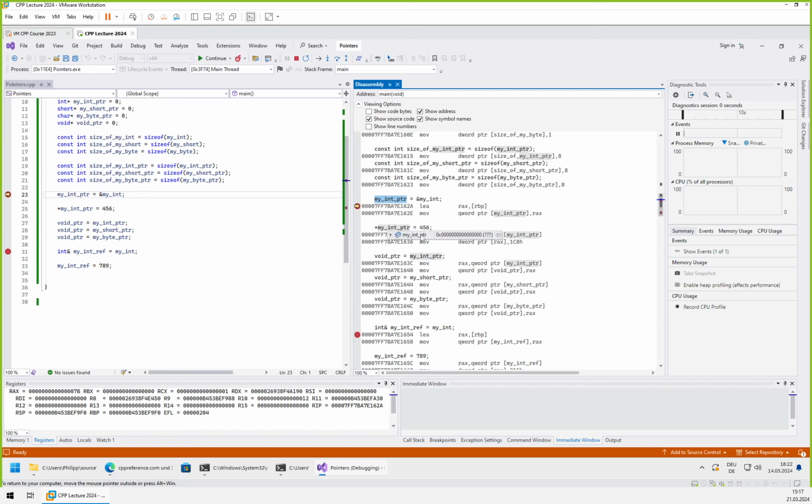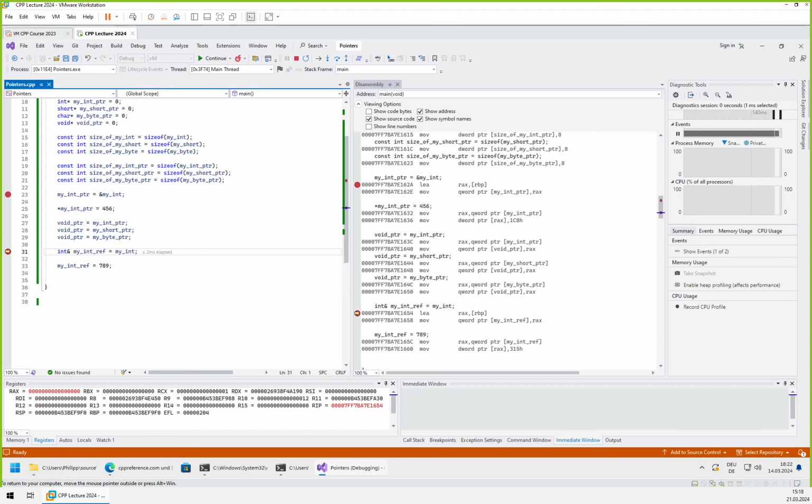And then if we try to assign something to it, again we load the address from the memory to the Rax register, and then we use another move operation to write to the memory at the address that is contained within the Rax register, and there write the value 1c8, which is the hex representation of 456. And then if we continue our program and go to the reference part, we see that